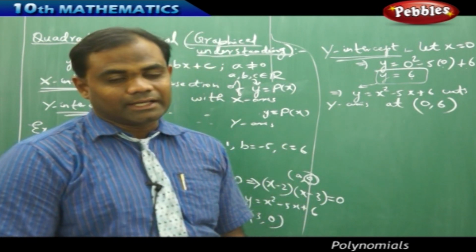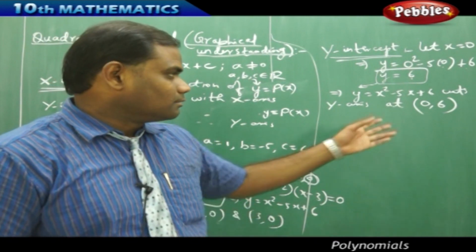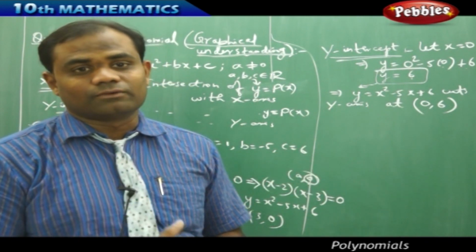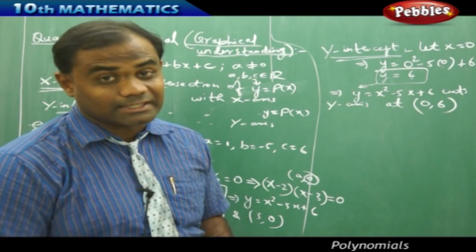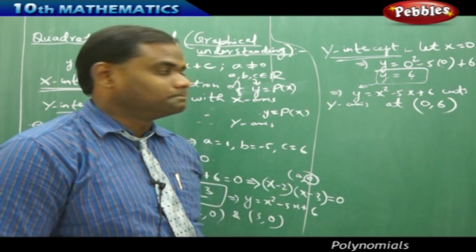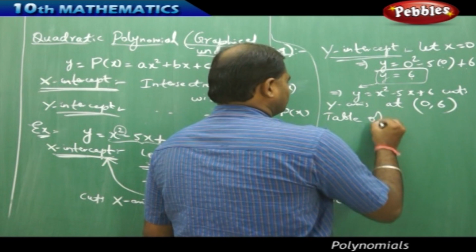So once I get the x and y intercepts, I randomly take a few of the x values and find the corresponding y values in tabular form. So let's see the table. Coming to the table of values,